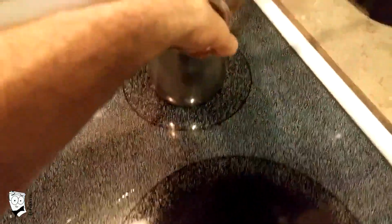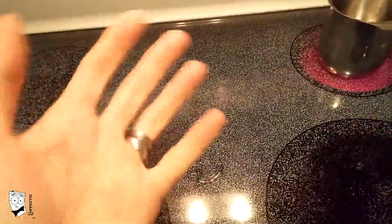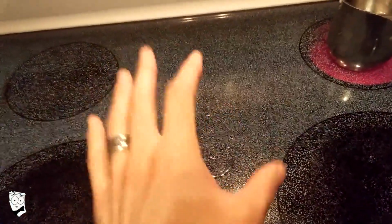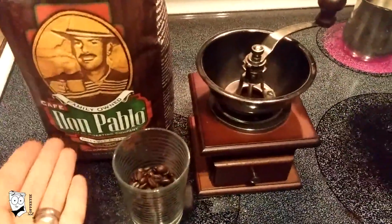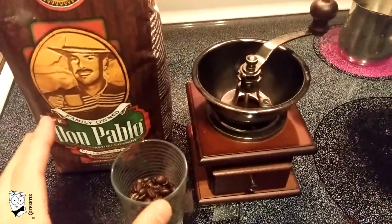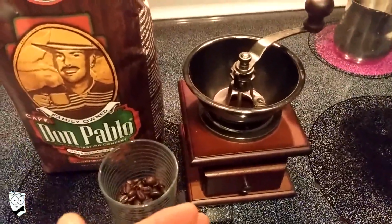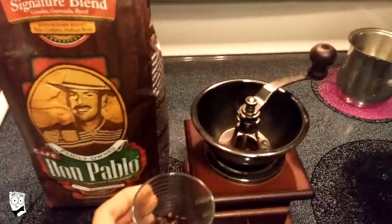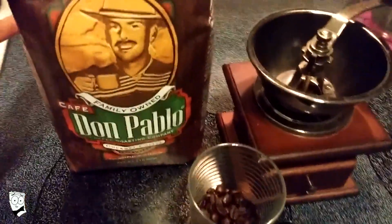Put the water on the boiler and turn it on. While the water is heating, we'll measure out our grounds at a ratio of about 15 grams of grounds, approximately 3 level tablespoons, per 8 ounces of water. So that's how much we need. When measuring out your bean amount, you want 1 heaping tablespoon for each level tablespoon of ground. In this case, I've already pre-measured 3 rounded tablespoons of this Don Pablo medium dark roast